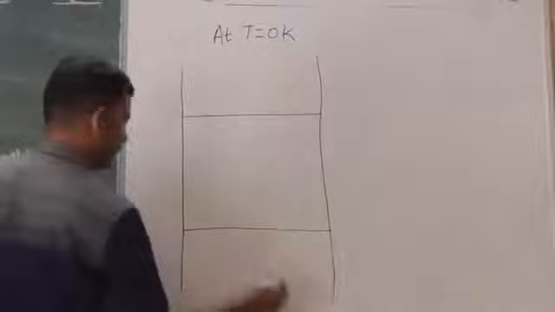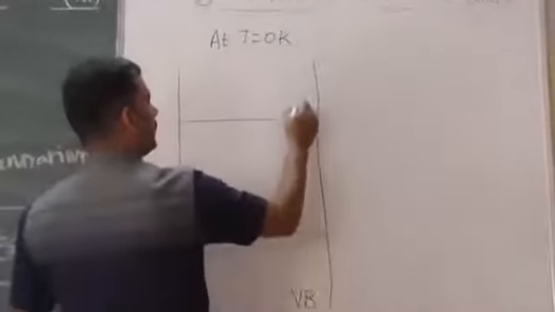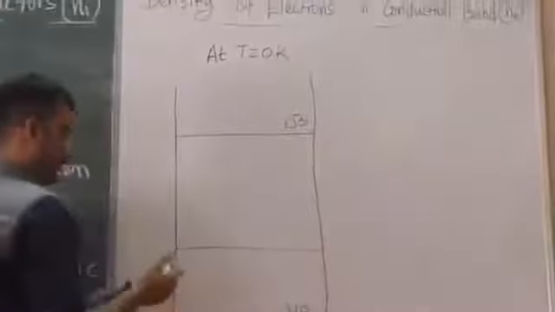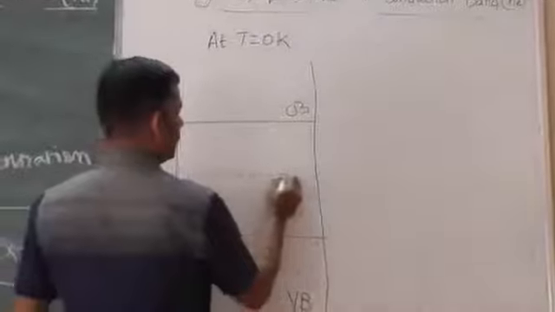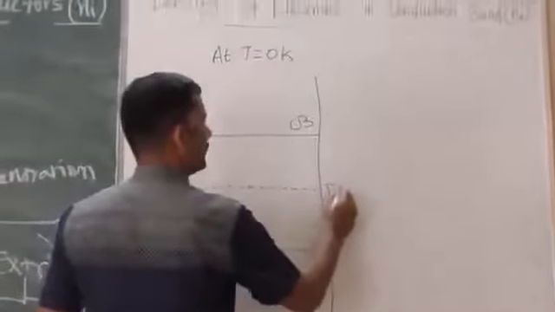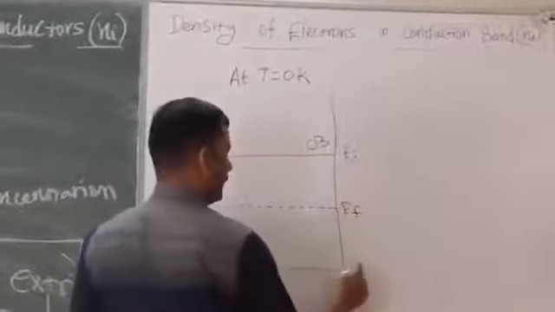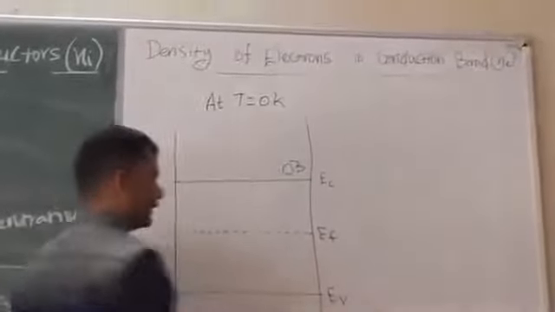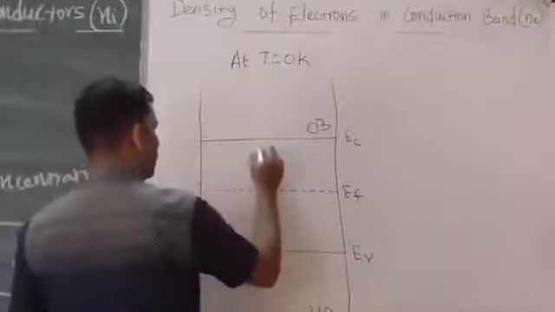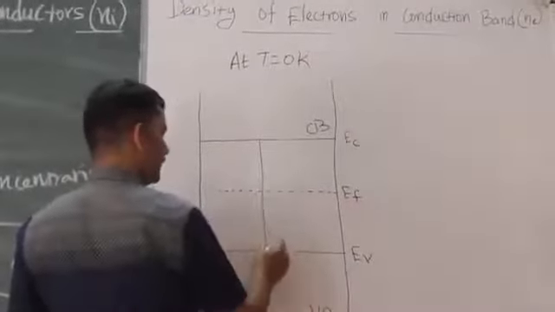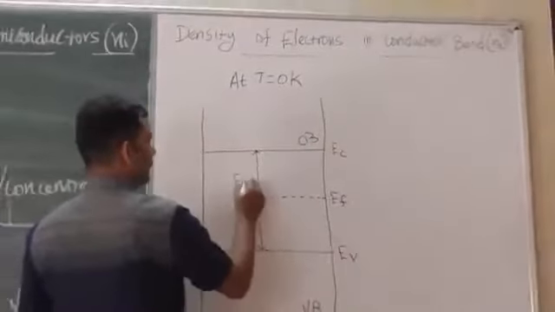This will be represented as the valence band and this area will be the conduction band. This is your Fermi energy level, this is your conduction band energy level and this is your valence band energy level. And the distance between the conduction band and the valence band energy level represents